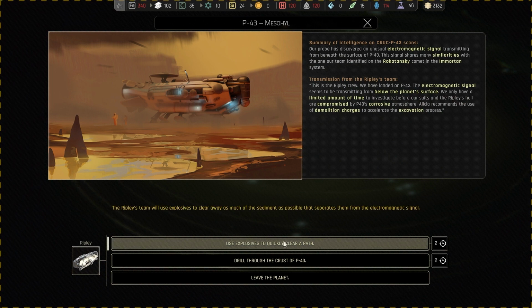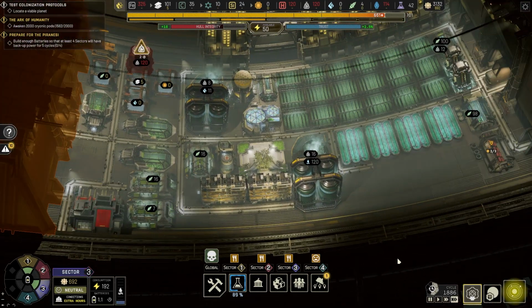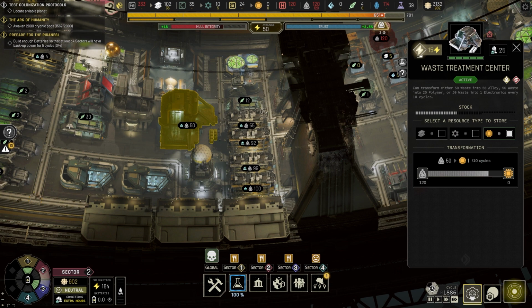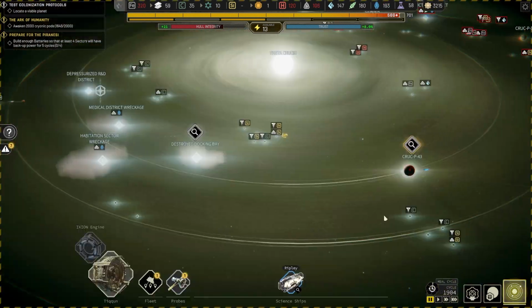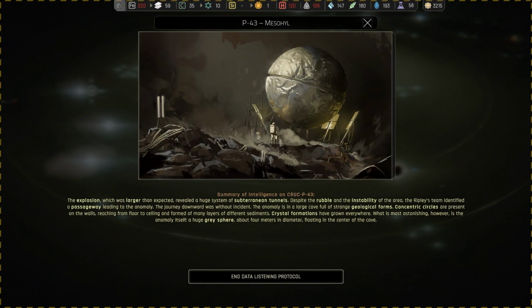What did I choose? I think I chose drill. Why did I choose drill? I don't know, it just seemed like it was safe. And what happened next is, let's see. Oh, we survived. There was an explosion, larger than expected. There's a system of subterranean tunnels. There's a passageway leading to the anomaly. The journey downward was